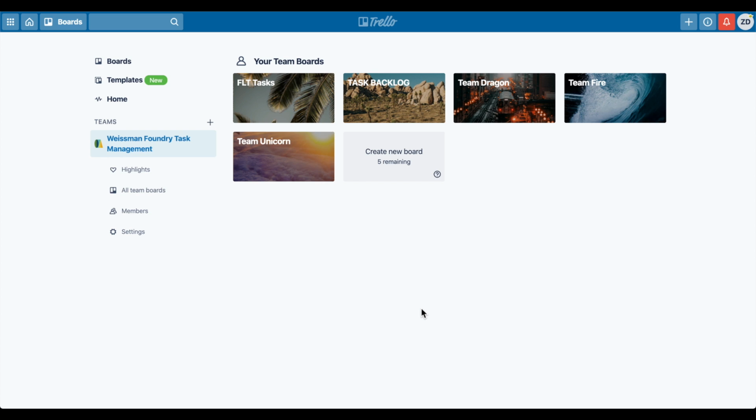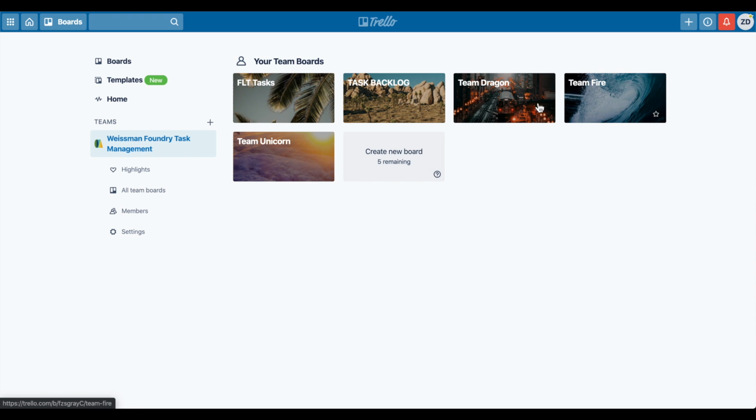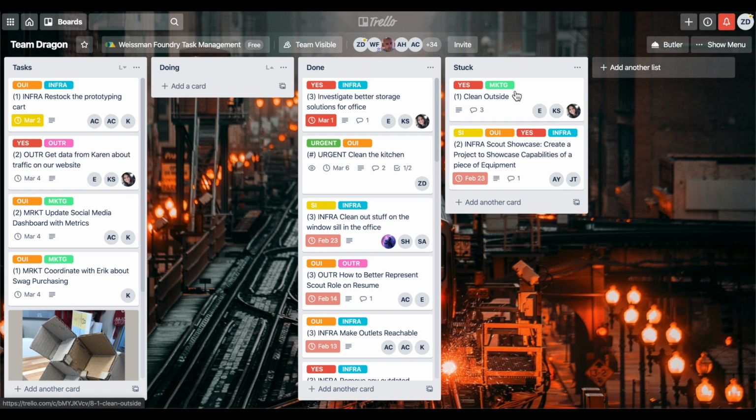When you first go onto Trello.com, you might be directed to this home page, which you can get to from this home button right here, or you might just be seeing the most recent board that you visited, which might be your team's board. So regardless, if you start at the home page, you can just select your team's board, say Team Dragon for example,